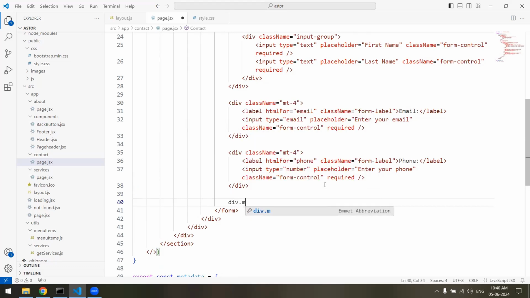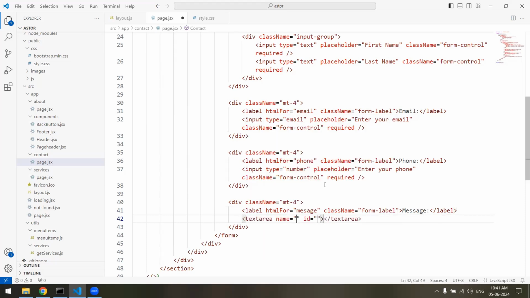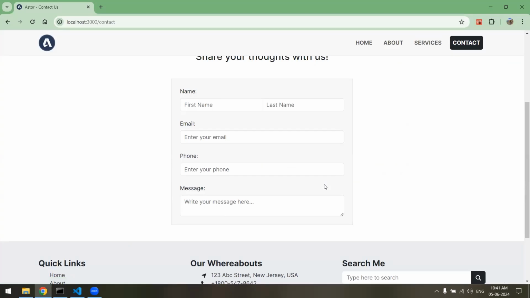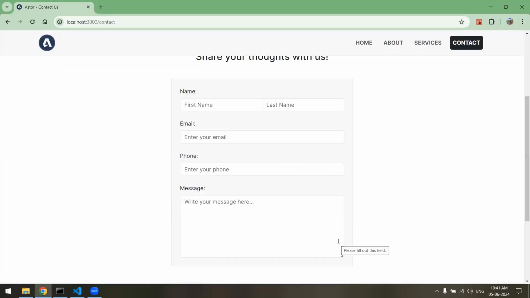message. So div.mb-4, inside this label.form-label for message, and message, and we'll use a textarea over here, textarea, and it will be placeholder, write your message here, and we'll make it required, and we'll put a className form-control, and let's make it a little bit bigger, and we'll put rows equals to, let's say, 7. Okay, it's good now,